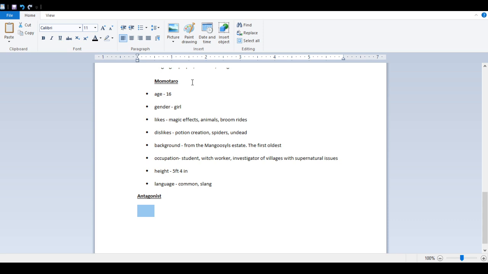So, Momotaro, or your hero, if you will, you want to at least have a finished sculpture, not like a description or purpose, like a complete sculpture of what the hero looks like. While the antagonist, you just want to do a straight up why are they here type of thing. So antagonist, or